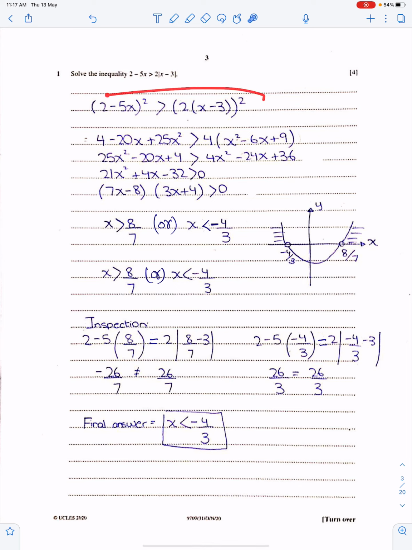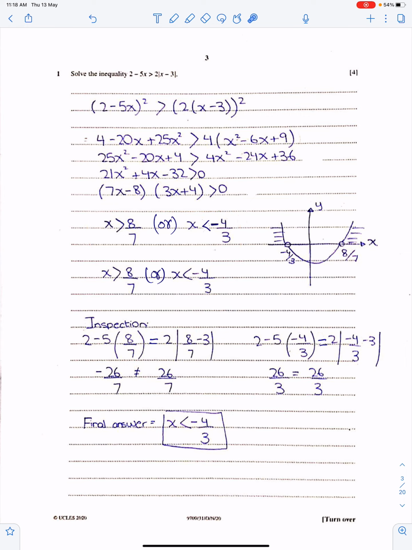So when you will expand this and simplify this, and when you will bring everything on left side, you will get this thing. So by breaking the middle term, we have this. Since we have greater signs, so these are 2 required regions. Therefore, these are the solutions of this inequality.